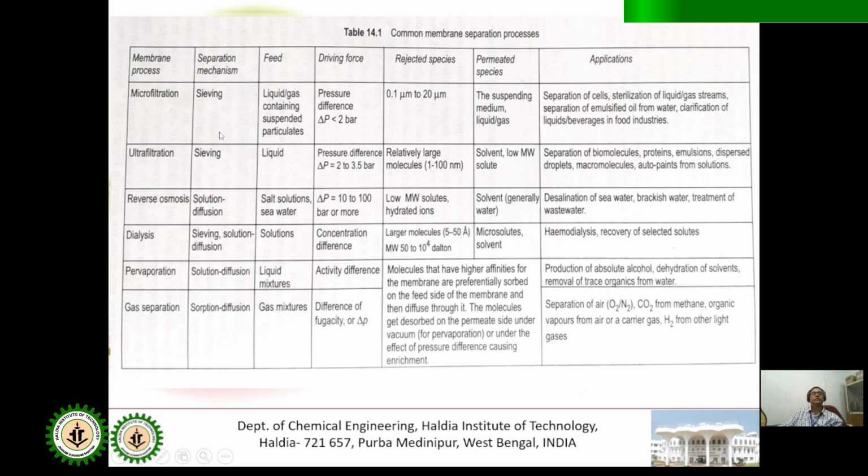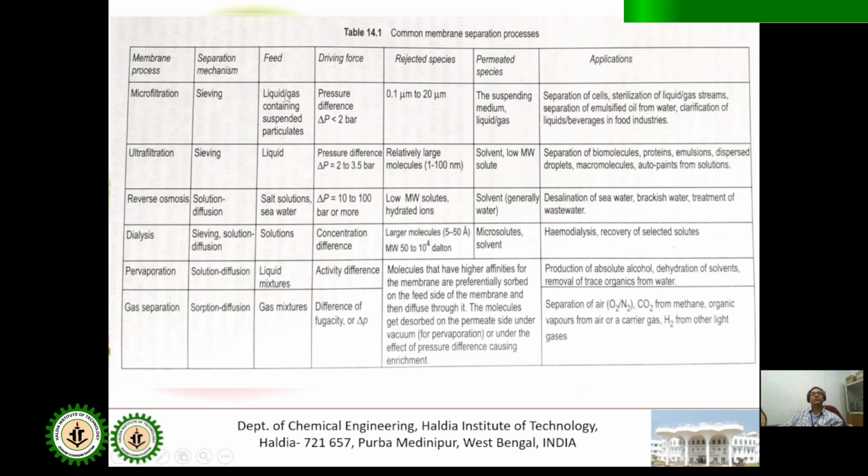So you can see a common membrane separation process table: what are their driving forces, the feed, the separation mechanism, the rejected species, permeated species, and application. When we look at this table and try to understand the differences among the processes, for microfiltration, the separation mechanism is sieving. The membrane is acting as a sieve, separating through the different